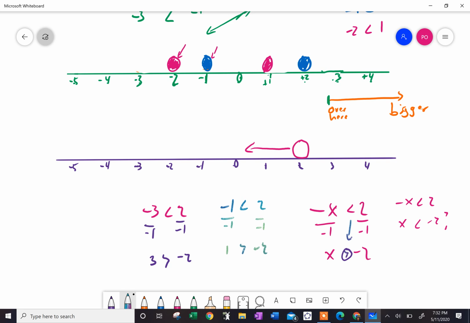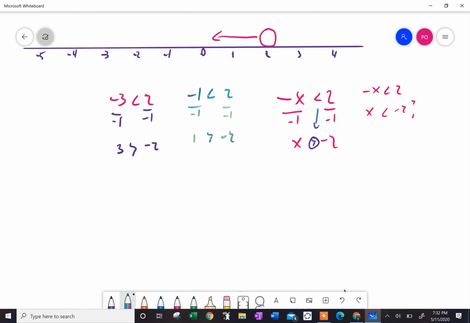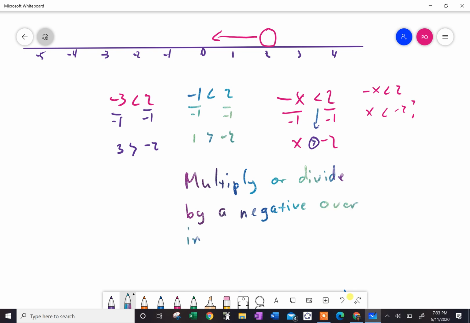If we multiply or divide, and this is where you should really get out your piece of paper and your pencil, if we multiply or divide, and I hate giving you guys this, because it's good to find out on your own, by a negative number over an inequality symbol, you must